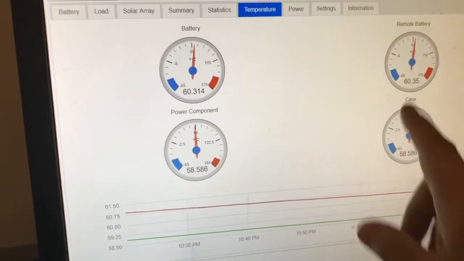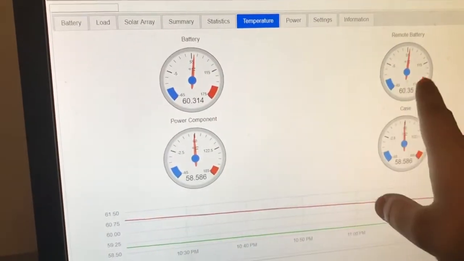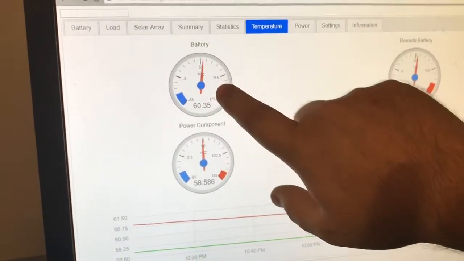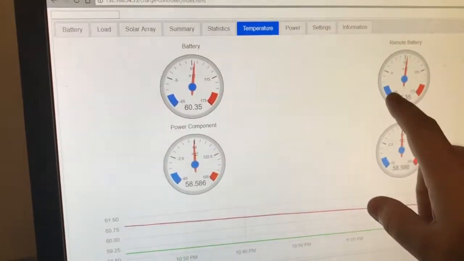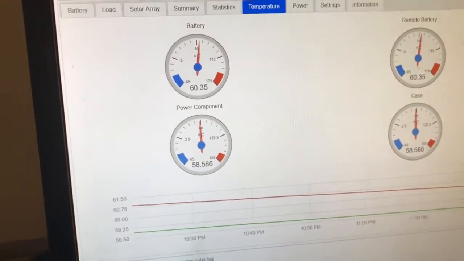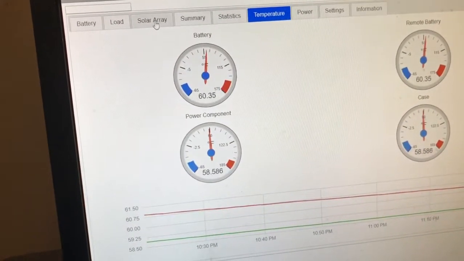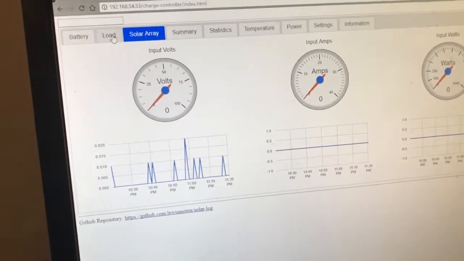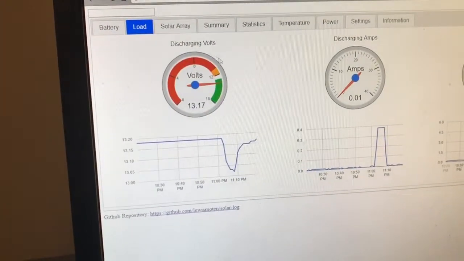I'm going to have to test and see which the sensor represents. If I unplug that sensor, is the battery still going to be recording or not? What about the remote battery? We'll have to see what happens. The solar array, nothing's happening with that. It's 11:30 at night, so